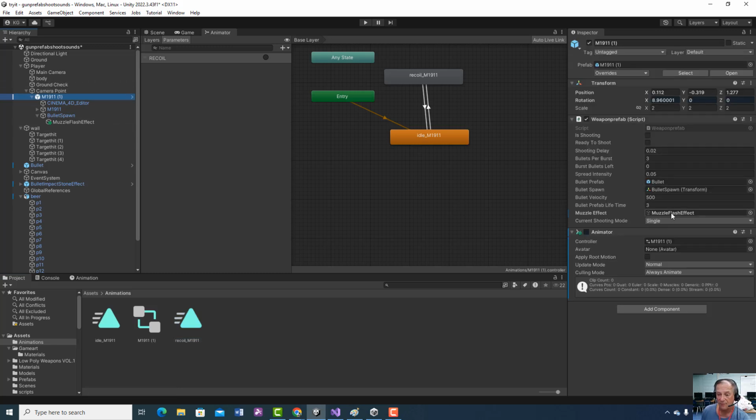There's our muzzle effect. And remember, this is not a public thing, but we can see our animator. We can see our animator right there. That's the animation we created. And then when I play my game,